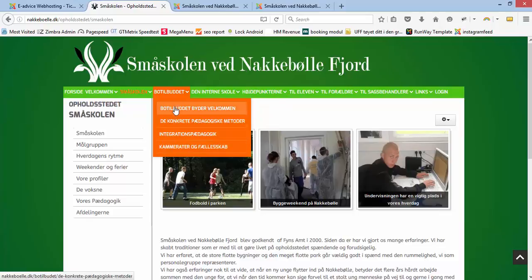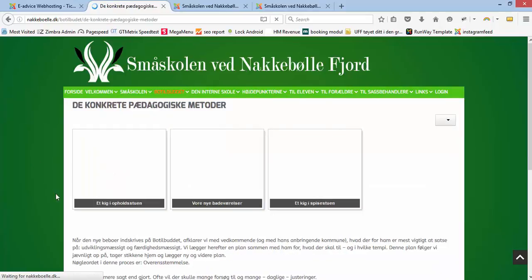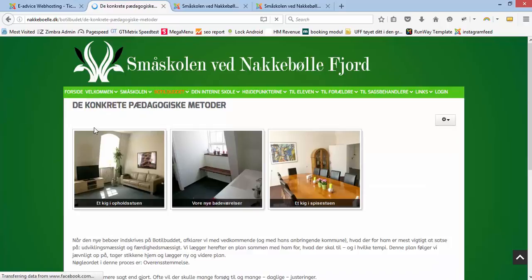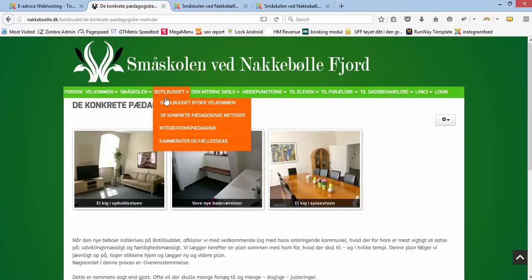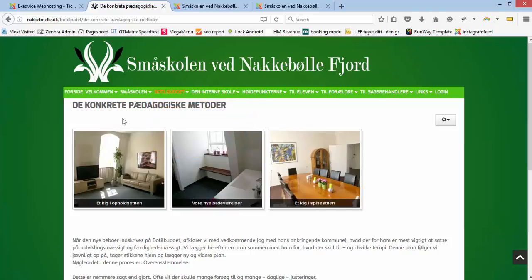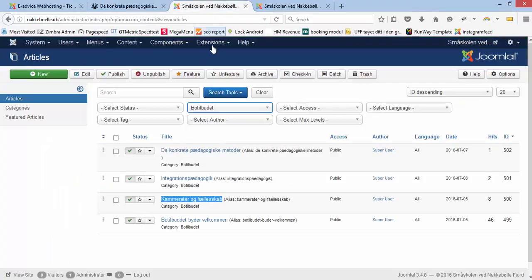Now I have all the articles here. However, when I click into an article, you will see that I don't have the menu to the left, and the menu is a module. So we have to create, because we have never had a side menu called botilbud, so we have to create that first of all, and that I'm going to do now. I go to extension, go to modules,